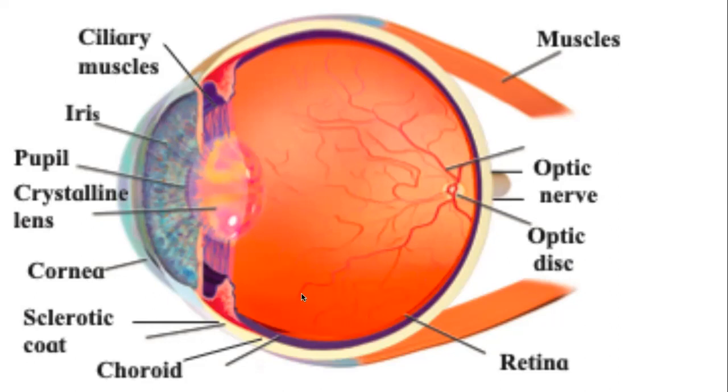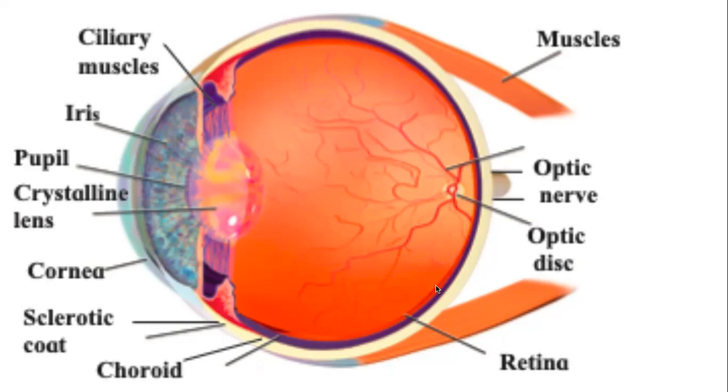Then there is a huge part of the eye where it is filled with different liquids. Then at the back of the eye, there is a screen, this blue part. This is where the image is formed. And that screen is called retina, R-E-T-I-N-A. So when the light falls on the retina, the cells of the retina get activated.